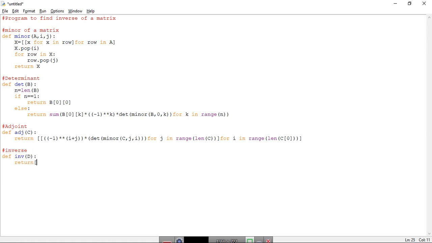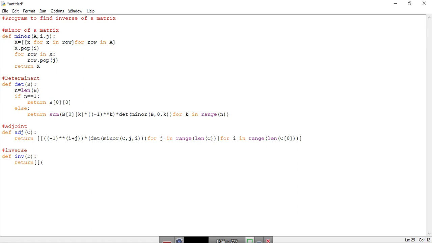Now when we found the inverse, we said that it is 1 upon determinant of A, and 1 upon determinant of A need not be an integer. So if you don't have an integer, there is something called floats in Python. So the output of this will be a float.